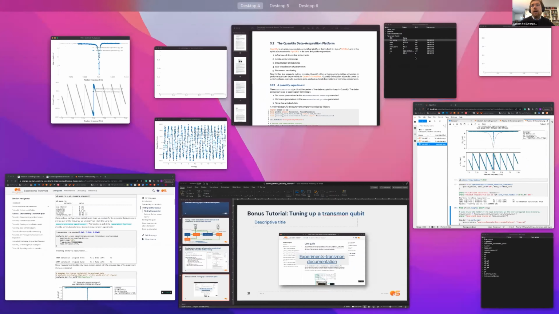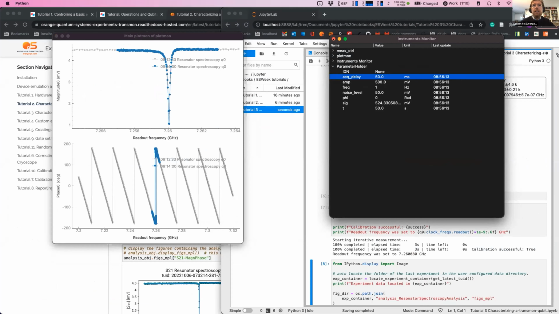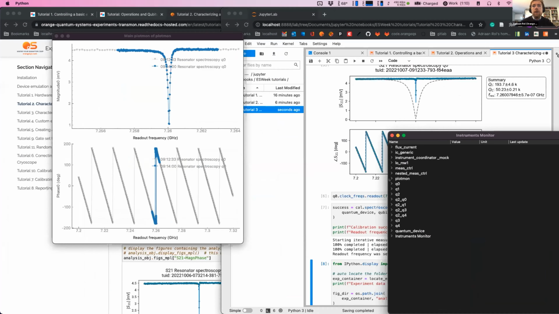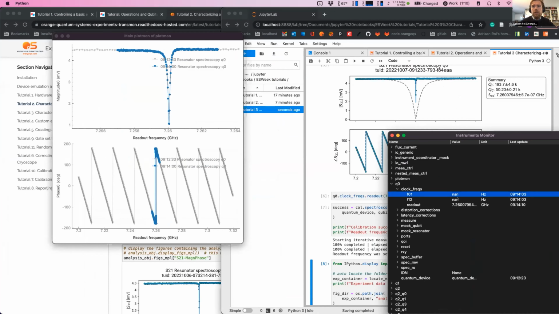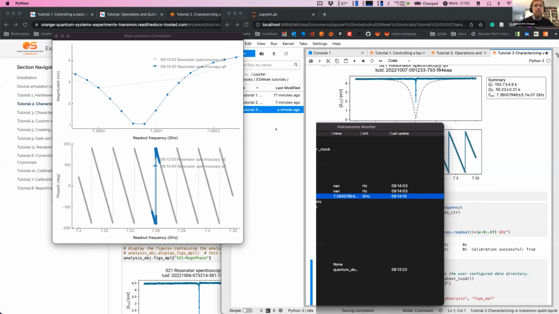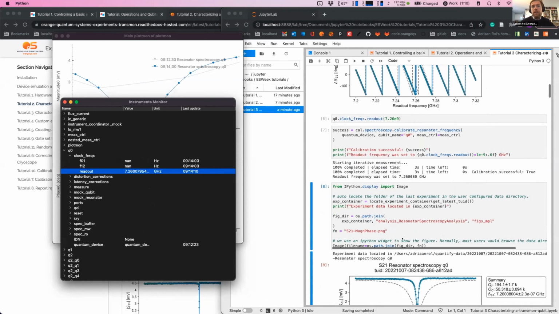I can also see now that it automatically updated the qubit 0 clock frequencies. These numbers have not been determined yet, but this has now been configured at 7.26007, and that's indeed what we expected. So you see it's updated it.